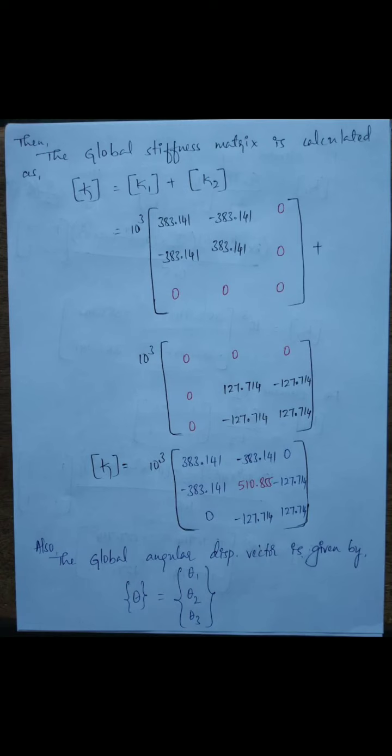Similarly, k2 is the matrix corresponding to element E2, which consists of nodes 2 and 3 and first node is absent. Since first node is absent in element E2, within k2 matrix you introduce zeros along first row and first column, which has been written with the red color pen as shown in the k2 matrix in this particular sheet.